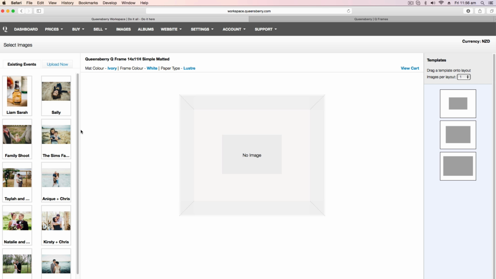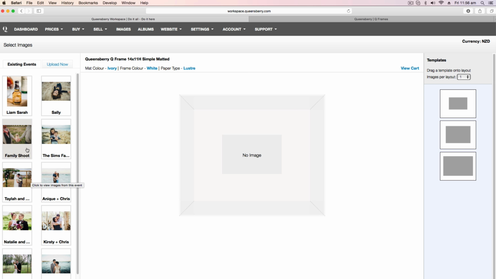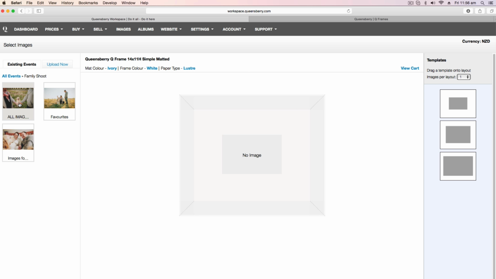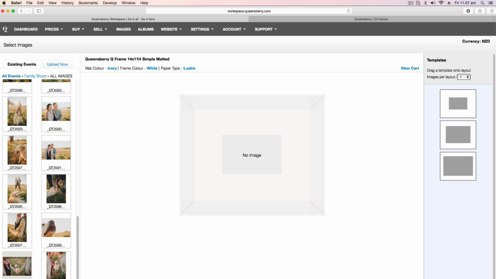On this page you can select the image you would like to appear in your frame. You can select from existing events or click Upload Now and upload a new file. I'm going to use an existing event and then choose a collection. Once you've found the image you'd like to put in the frame, click and drag and drop it into the